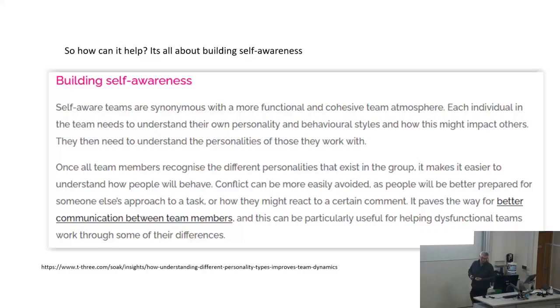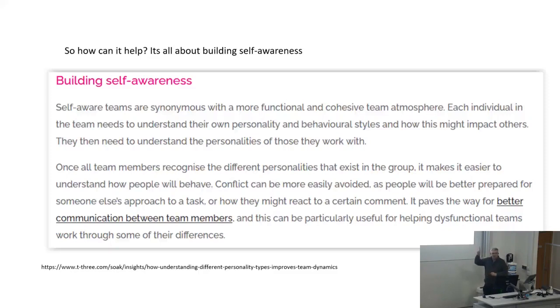So for that, you need to understand the personalities of the people that you work with. So you can either meet each other halfway, or if you're a leader going forward, or a manager in your next job or whatever, you need to go more than halfway to find out what people are like. So once you understand the different personalities that exist in the group, you can then understand how they might behave in a minute when I've told you how they will behave. You can then start to avoid conflict. You can't avoid it completely,